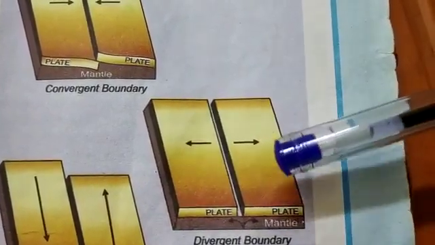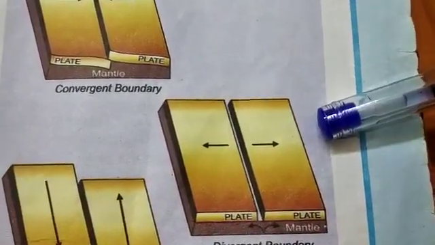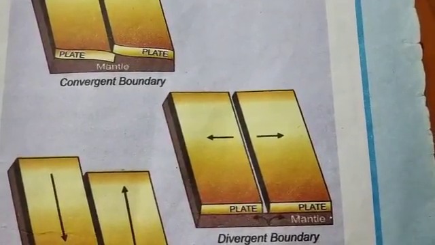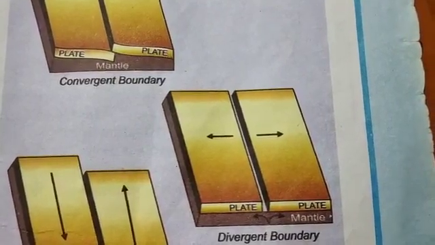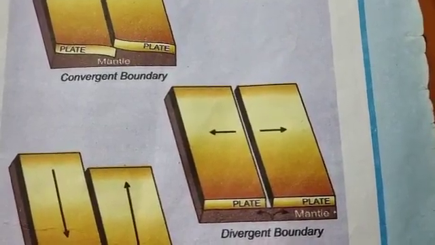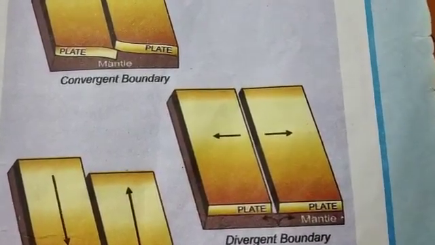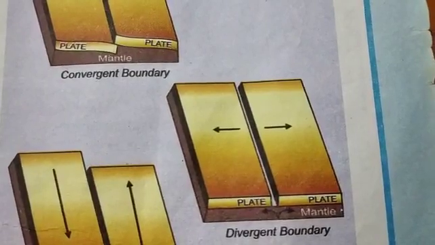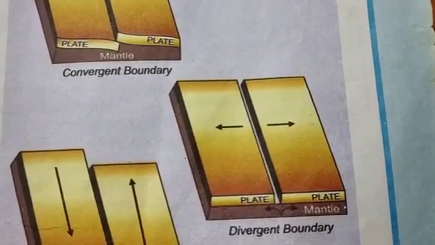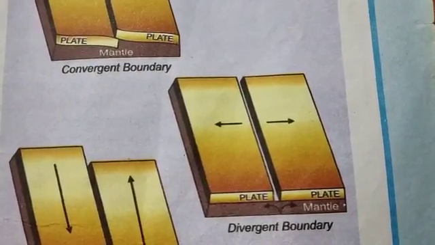Now the next is the divergent boundary, which occurs where two plates slide apart from each other. At zones of ocean to ocean drifting, you can see here the two plates are going away from each other. Divergent boundaries are formed by sea floor spreading, allowing for the formation of new ocean basins. When the two plates in the ocean move away from each other, that is called sea floor spreading. New crust in the ocean is formed, and a new ocean basin is formed. As the ocean plate splits, a ridge forms at the spreading center, the ocean basin expands, and finally the plate area increases, causing many small volcanoes or shallow earthquakes.